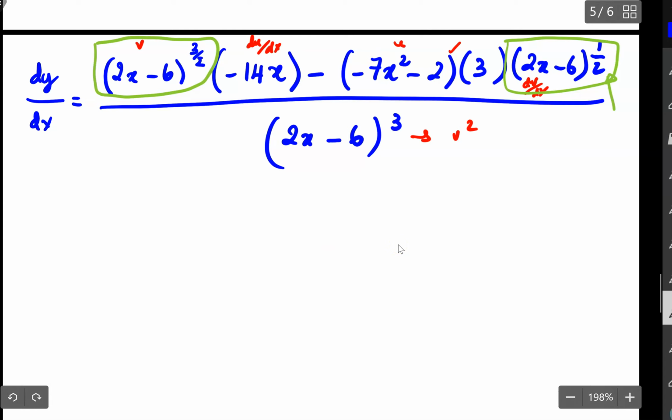I was asking everyone that if you take a look at this expression, the product, subtract this product, you realize that 2x minus 6 is the common factor. But there's a different exponent in this case. So what you need to do is,